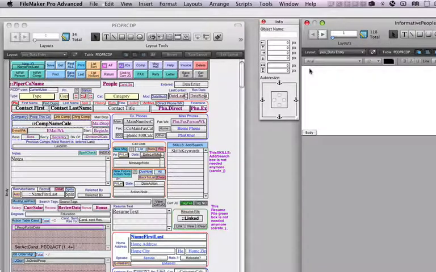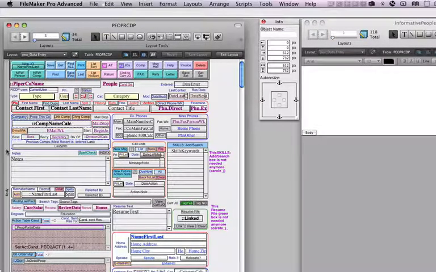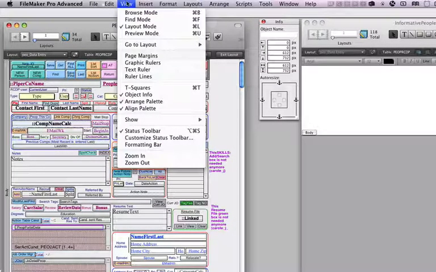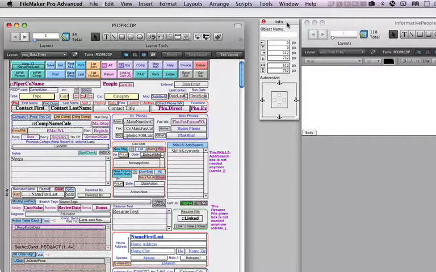We don't need them. Now the next thing that you want to look at, and we'll go back over here and look at the body part here by highlighting that. You want to use your object info window, and this is a really critical part of doing this properly, because you want everything to fit just right. And so the steps that I would do is, I would bring up this window, and if you don't see the window, just go under the view menu and go down to object info and select that. That'll bring that up. Now when you have that window open and you've selected the body part, what you want to look at is the